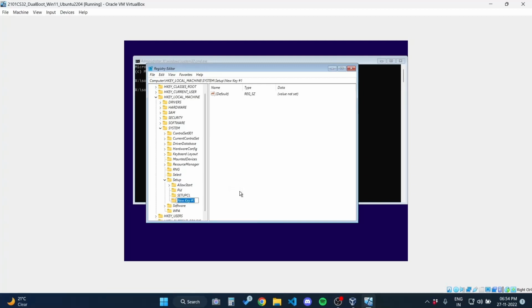Okay, so now you have to create a new key, and make sure the name is as it is. The new key name should be LabConfig. Make sure to match the case over here. Now in the right menu, you will create a new DWORD 32-bit, and in this 32-bit DWORD, make sure you name it as BypassTPMCheck,